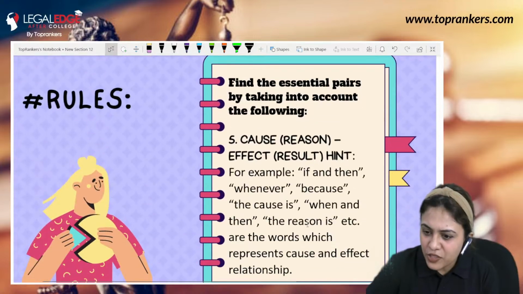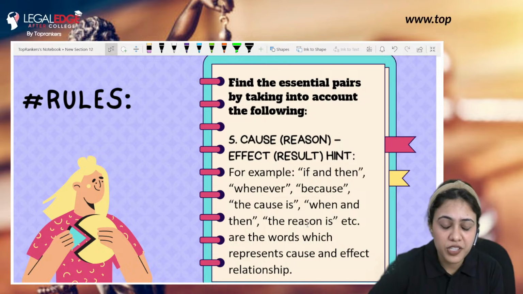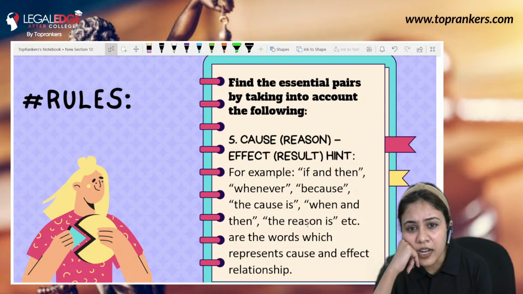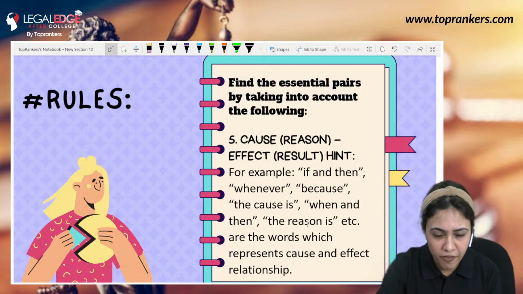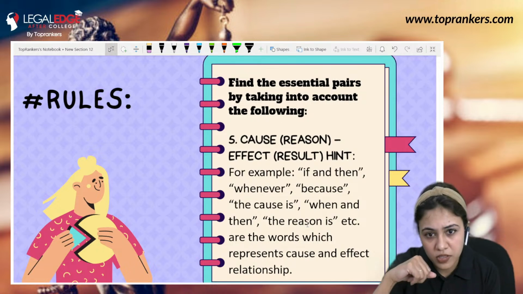Moving forward to the next rule, as you can see, cause and effect. Now this is another very important hint. Sometimes what happens is they will give you the cause of an event and then they will tell you the outcome of that cause. For example,